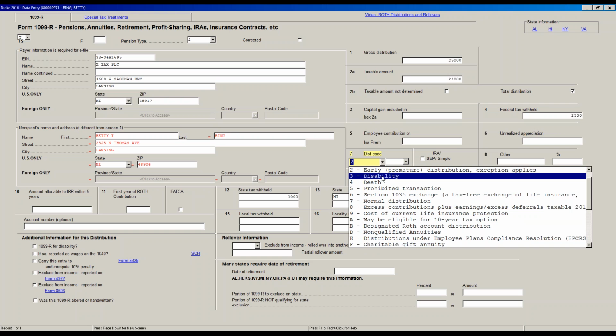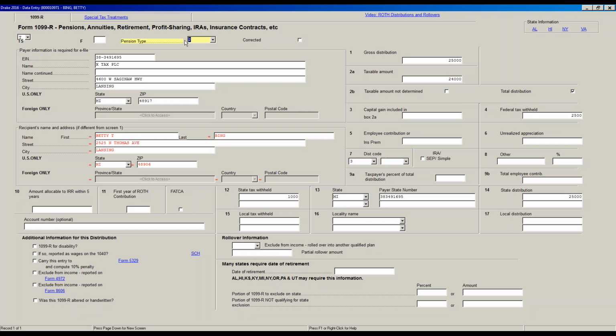The other code I want to point out is number 3, code 3, which is for disability. So that the client, the taxpayer, the spouse, they're not able to work anymore, so they're able to pull money out early from retirement because now they're disabled. So it's really somewhat of a disability pay. They're not going to be subject to a 10% penalty. They're not able to work anymore, so the government's allowing them to take the money out. They have to pay the taxes on it, like always, but they're not going to be subject to a 10% penalty. And one other thing you have to remember, down under here, under where it says additional information for this